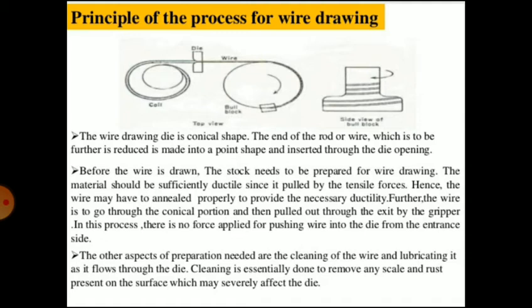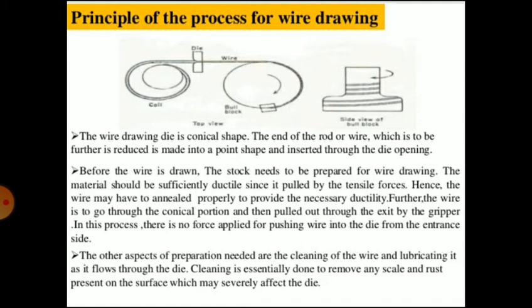At the start of the wire drawing, the end of the rod or wire is pointed, then it is passed through the die orifice and pulled behind the die. This end is gripped by the jaws of the plier and it is pulled and undergoes deformation. The wire is pulled sufficiently so that its end can be attached to the power reel. After that, the reel rotates at proper speed and pulls the wire through the die. The wire is continuously wound on the reel.